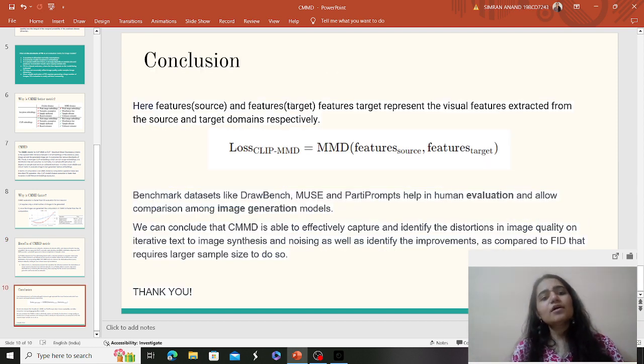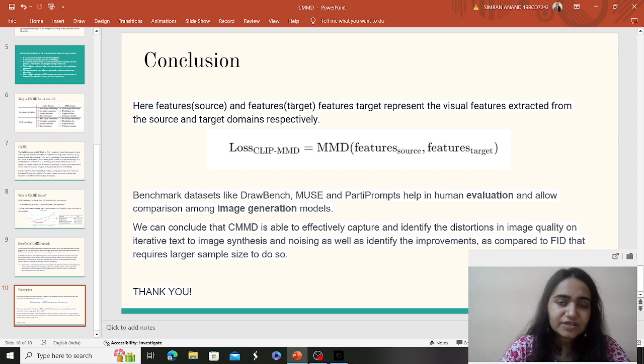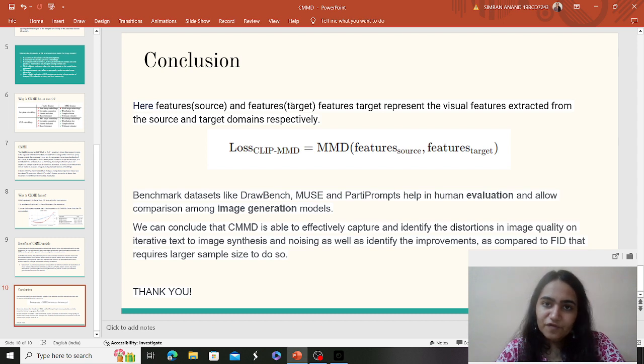Now I would say, conclusion. Features like source and target. If you have two image distributions, you always have the source distribution and the target distribution. There are other metrics also. If you have heard of them, just for your information, like the KL divergence. Don't confuse that with this metric. If you've heard of Kullback-Leibler divergence, it's again a metric of evaluation. But what it is doing is, firstly, it's asymmetric.